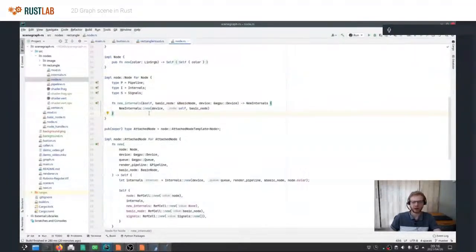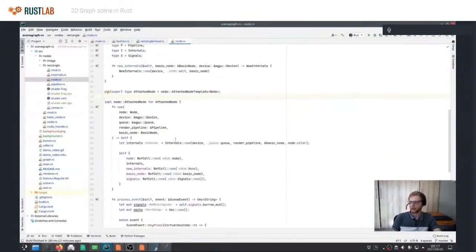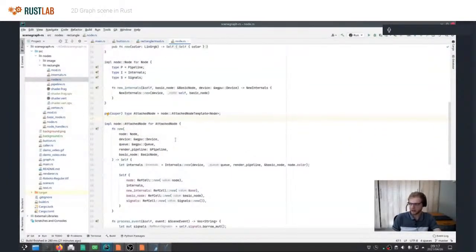You give it a reference to the scene graph, and it takes all the properties of the node and generates the corresponding GPU primitives. So the original request is basically consumed, and it returns an attached node, which does have the associated GPU primitives.